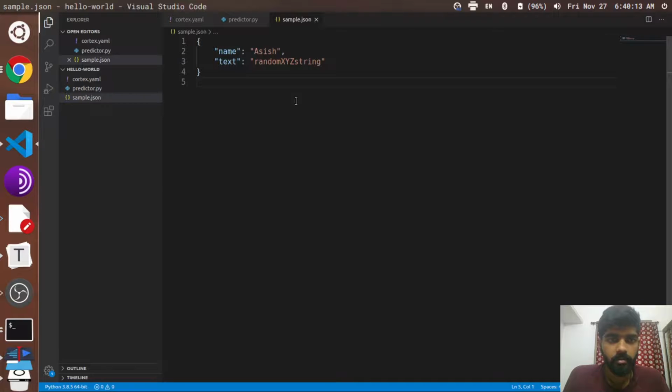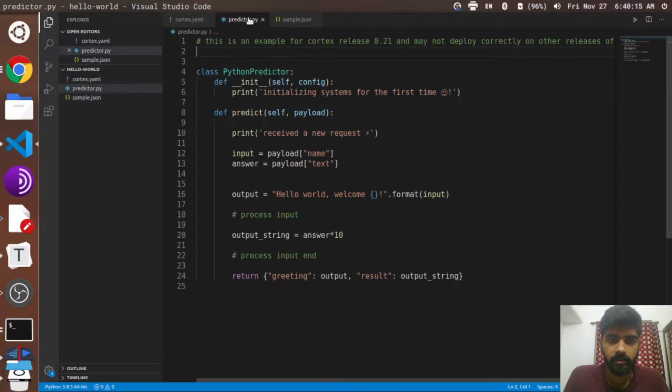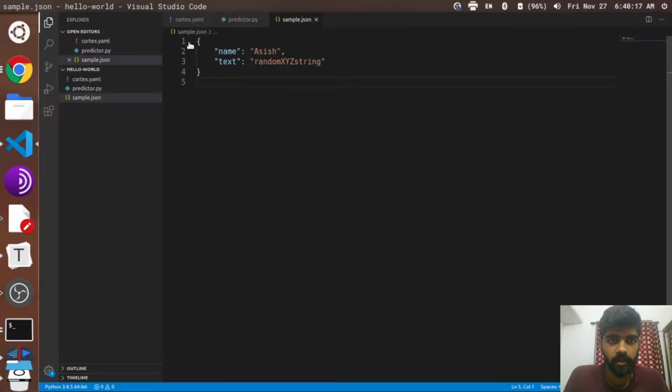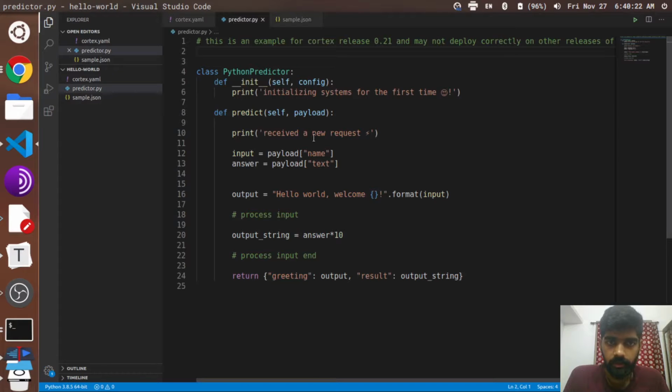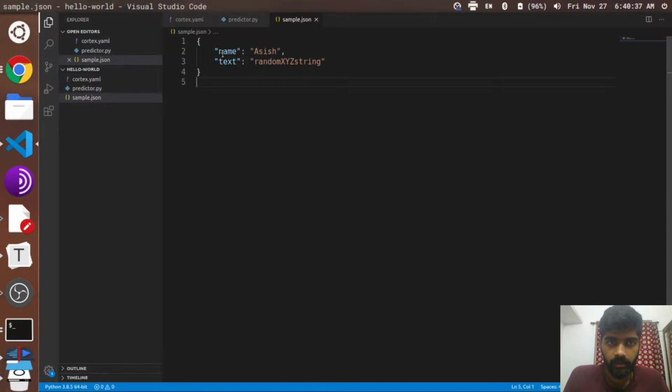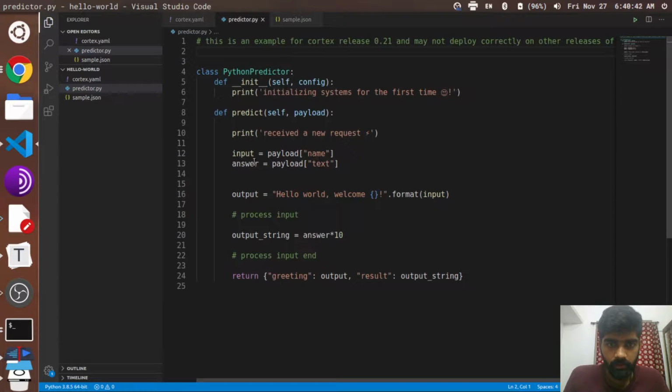And another point worth mentioning over here is that the JSON payload that you send as a request to the API endpoint, like the dictionary, is always stored in this payload that's automatically handled by Cortex, and you can consume this dictionary by picking the exact key value pairs that you require. For example, we are sending name and text as the keys, so we can just directly consume this and load it into our variables.